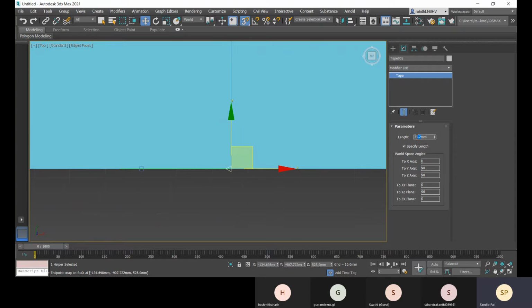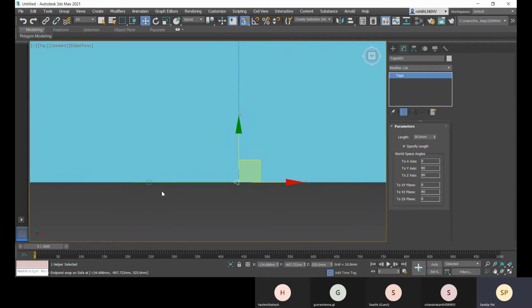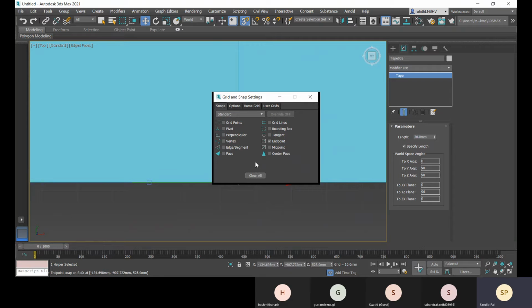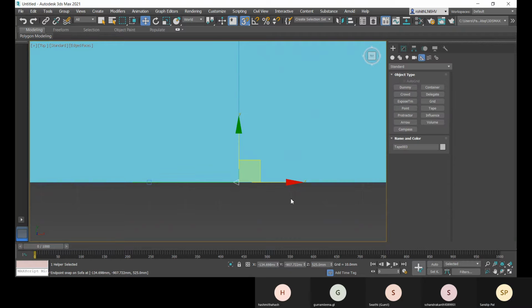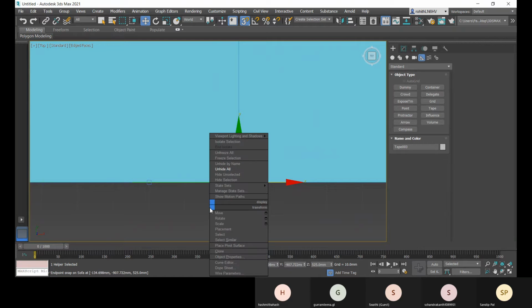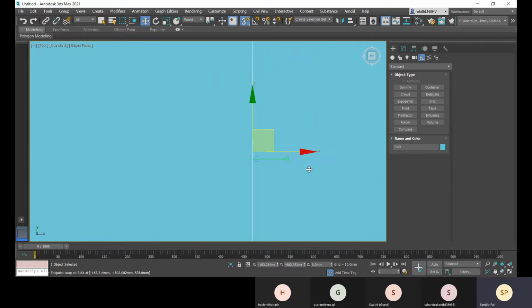And that is going to be 30. All right. So I have this point now. Now I can go with this vertex or the endpoint. And then let's go to this. Let me select this one.